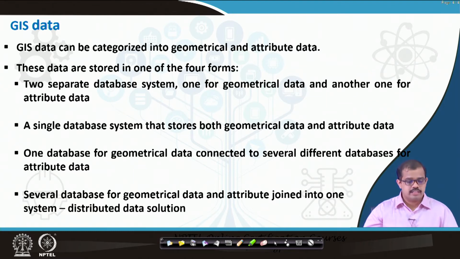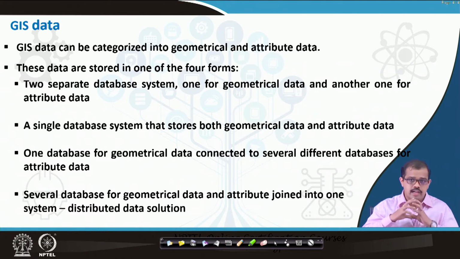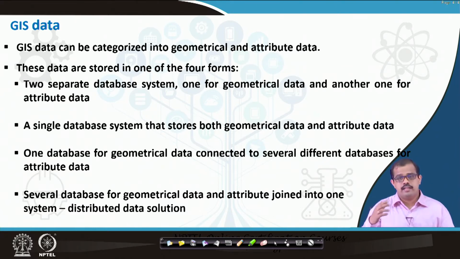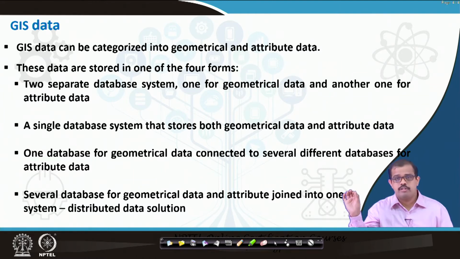Whenever you are looking at GIS data, it is in two separate databases: one for the geometrical data, the other for the attribute data. When you start looking at QGIS, probably in the 10th and 11th modules, we will give you an extensive hands-on QGIS. That entire module will be handled by my TAs, who will start with how you create data, how you store data, and how attribute data manipulation happens.